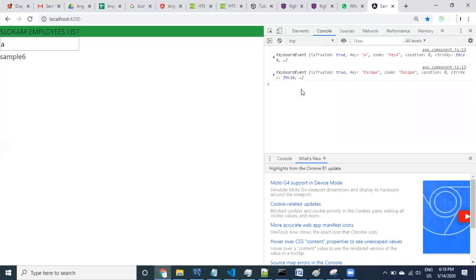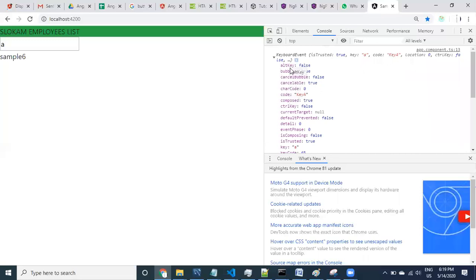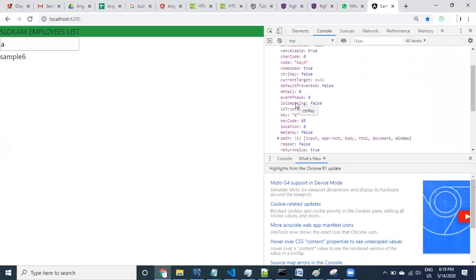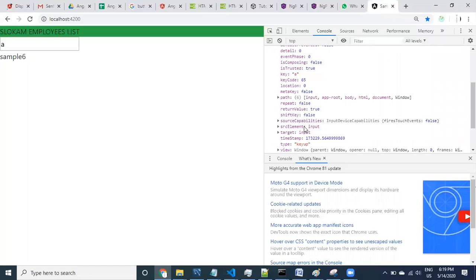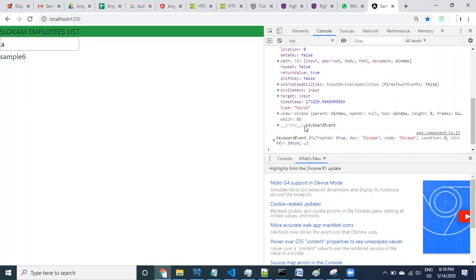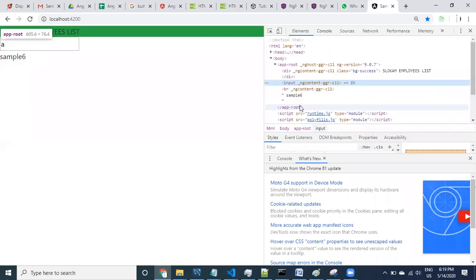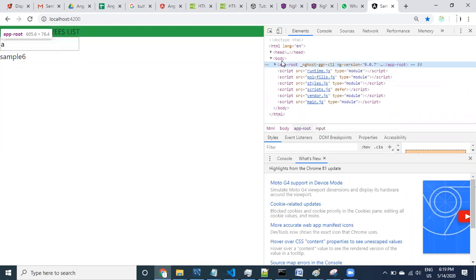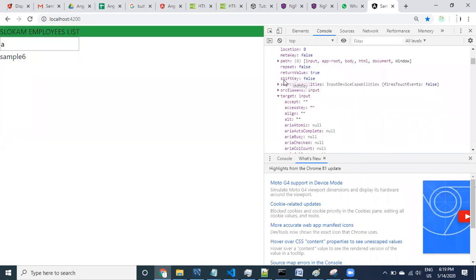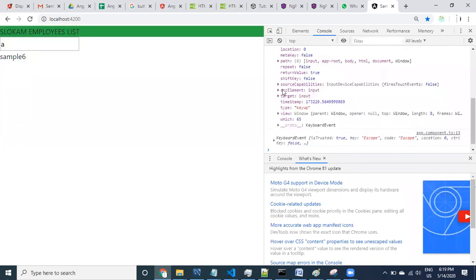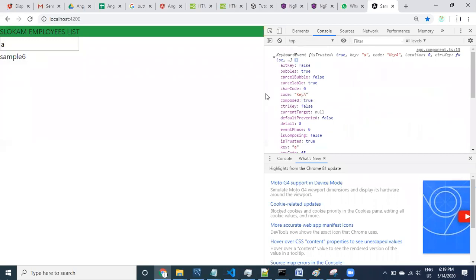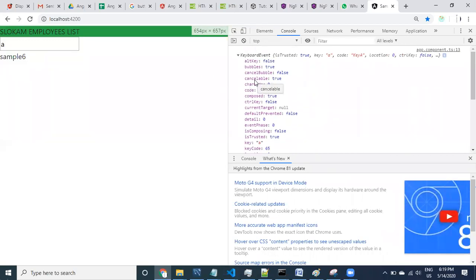Okay, let us look at it, guys. I need only the value. See here, guys, what is that? You can see key. This is the object. And then you can see some value also. You can see some object, target object is there. The target object is what? Input object. This target object contains what kind of object? Event object. The event object contains all this information. It's a JSON again. I just printed the event object.